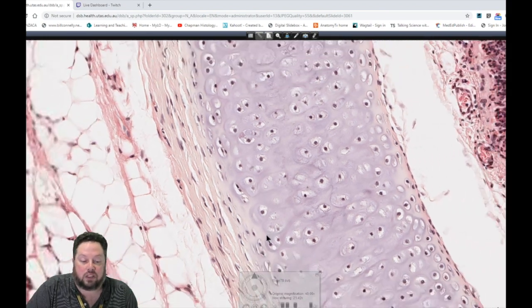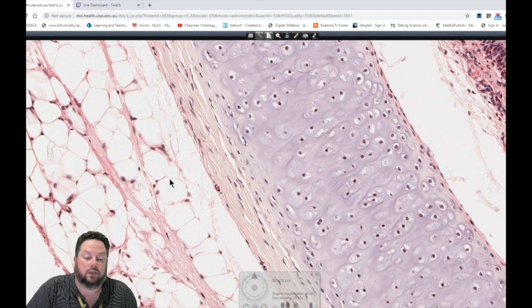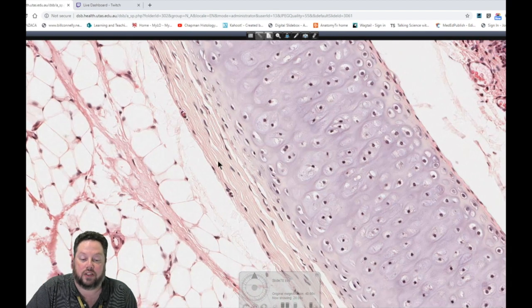So that's the outer fibrous layer of the perichondrium. It helps to bind the cartilage ring to surrounding structures. So we've got some adipocytes out here. This is some of the adventitia on the outside of the trachea. So the connective tissue binds it to this